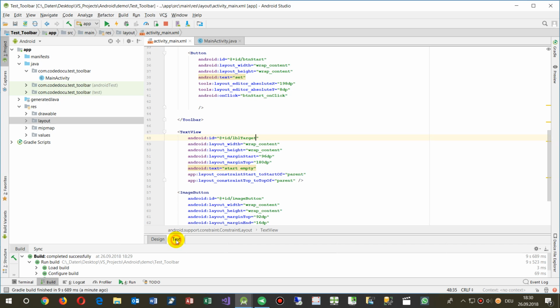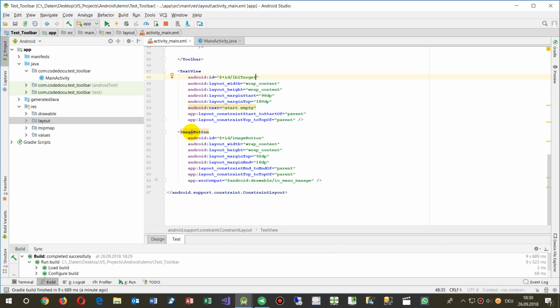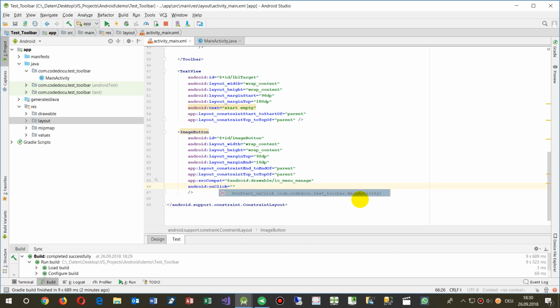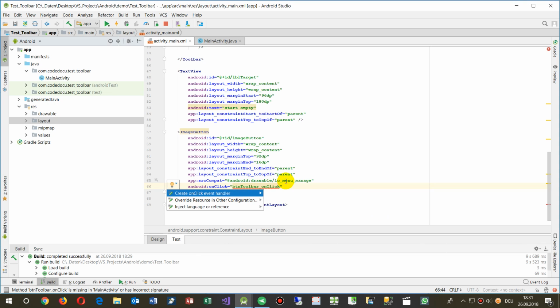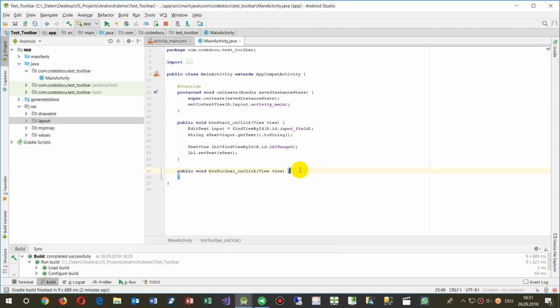And now we go to the text and we say, where's our new button? Our new button is, that's the image button. The new one is the image button, and we say there on click we want the button toolbar hide and show. On click, and then we go there again. We say this one, create that event, and now we say